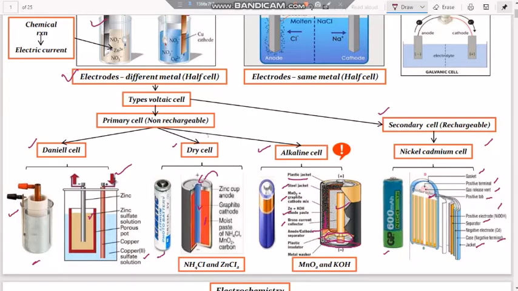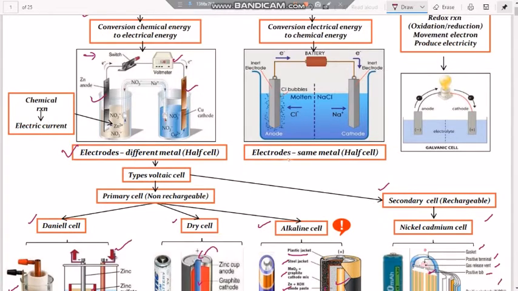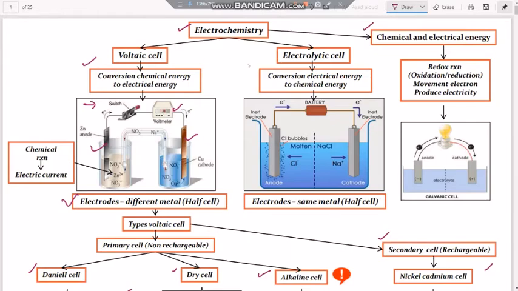Okay, this is one primary observation in electrochemistry. Not only that, we have another type of cells called electrolytic cells, which convert electrical energy to chemical energy. In the voltaic cell, what happened is conversion of chemical energy into electrical energy, that means chemical reaction is converted into electrical energy. But in the case of the electrolytic cell, when we pass current into a solution, that will produce a chemical substance, that is called chemical energy.